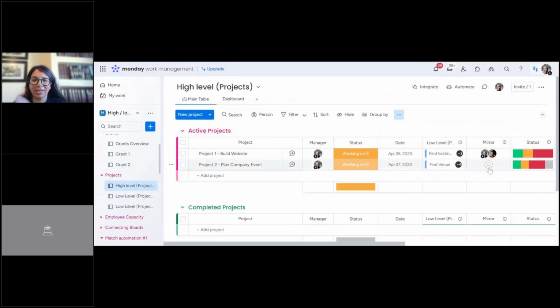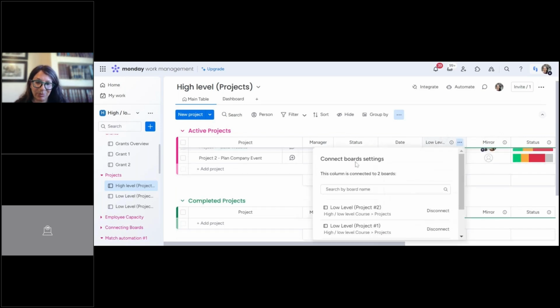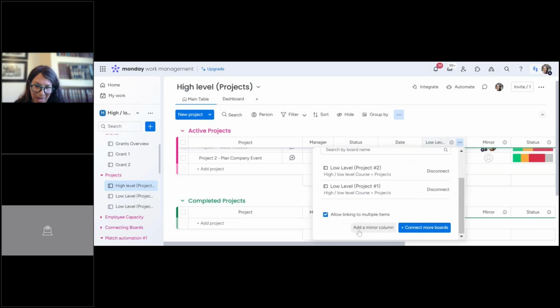So here you can see that the person column is now mirrored. Essentially, just to review what I did, I added a connected board column, decided if it's one way or two, and then I can add mirror columns. Now you can always add mirror columns later if you want. I can either click on these dots, settings, customize connect boards, and then add more, add a mirror column, or